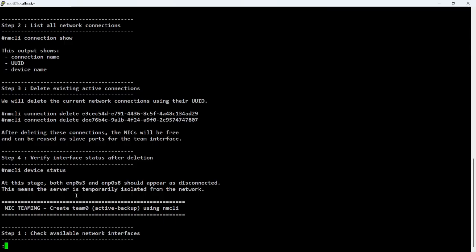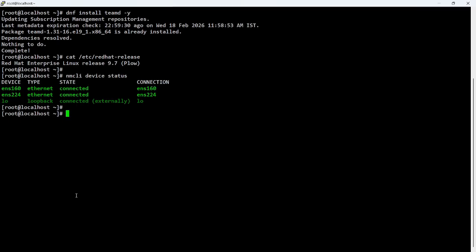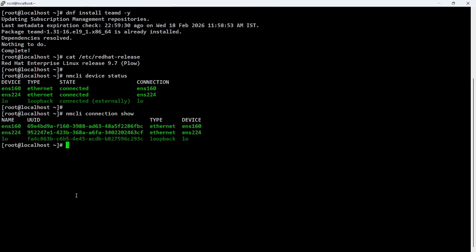Now we check the list of all network connections with the help of nmcli connection show. See,